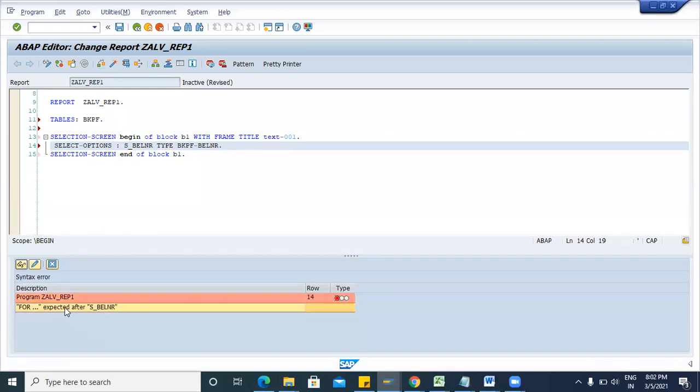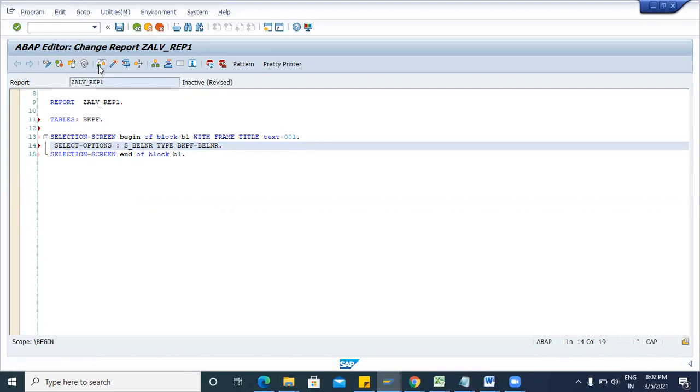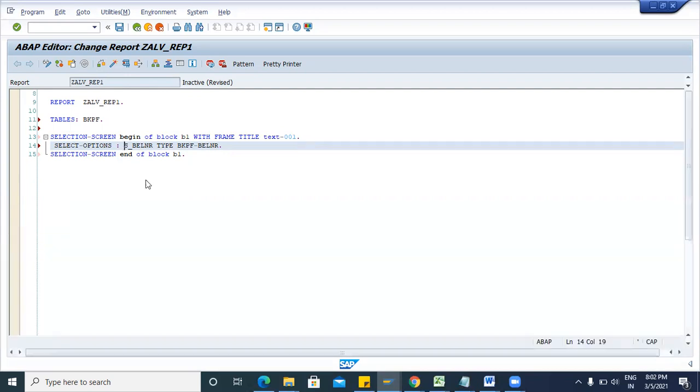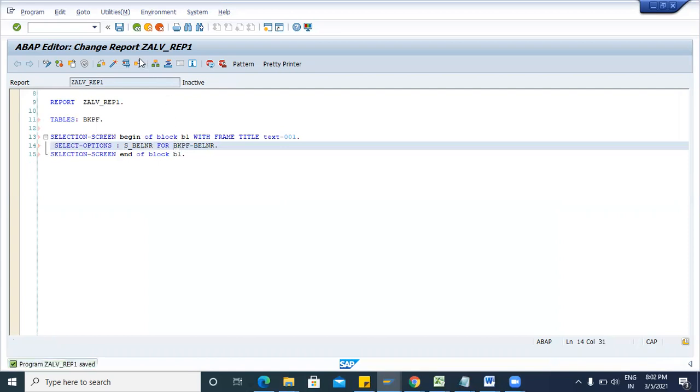You can take help from this check button also. If you click on the check button, you can see FOR expected after S_BELNR. So after S_BELNR, we have to take FOR. Now it is correct. Now save, activate.